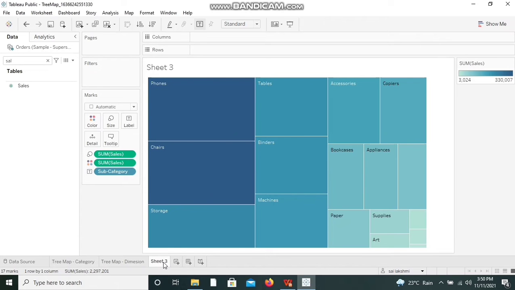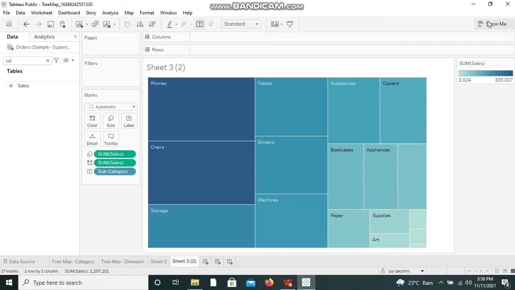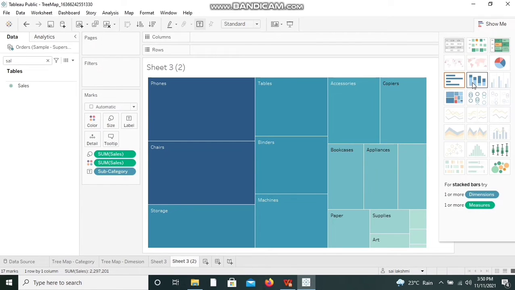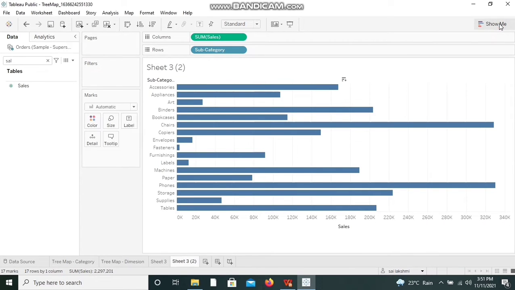Let me duplicate the same thing to explain better. I am clicking on the show me palette and selecting the bar chart again. So this way also we can accommodate all subcategories in a bar chart. But when we have more subcategories, roughly 20 over here, it is fine.